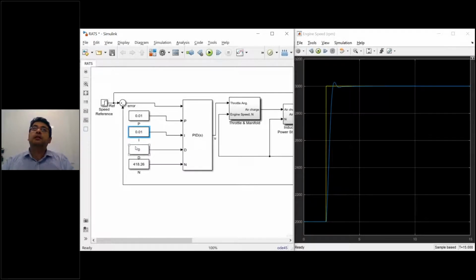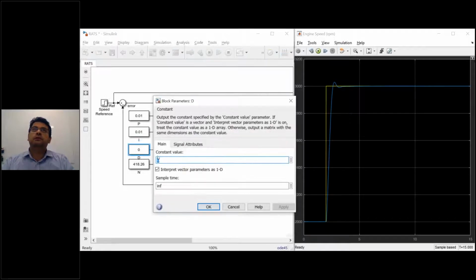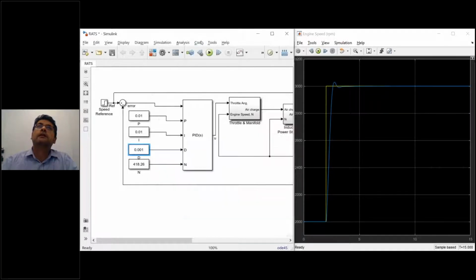So we can introduce at that time the derivative term, which I will introduce right now. And you can start to see that the system will start to become more aggressive to reach its objective, but you will have a faster response out of the turbine itself. So as you can see here, the turbine response becomes more aggressive, that reduces the overshoot a little bit, and you have more stable